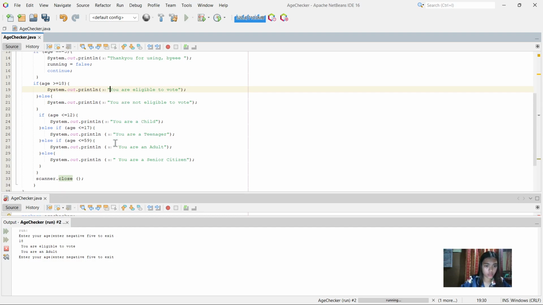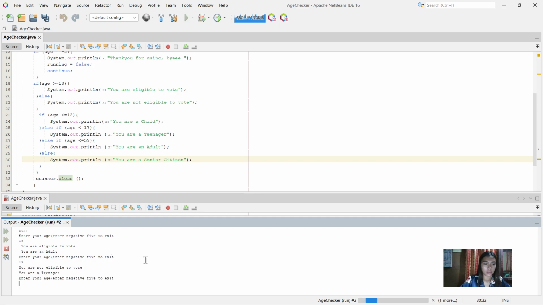So enter your age, for example, 17. You are not eligible to vote. You are a teenager.